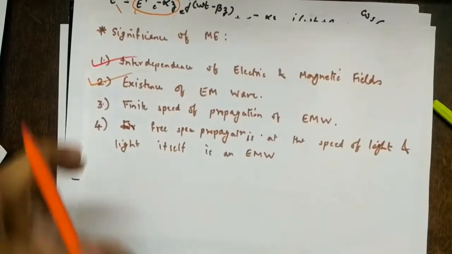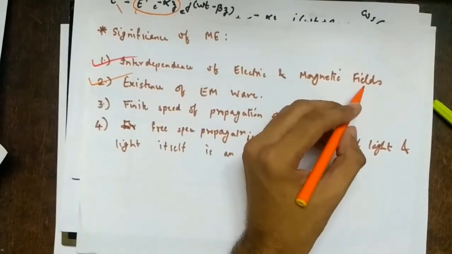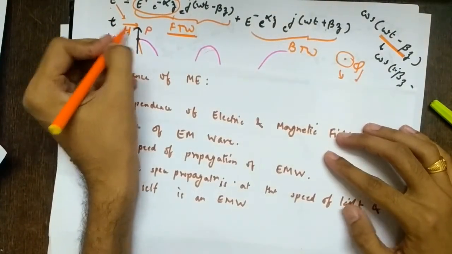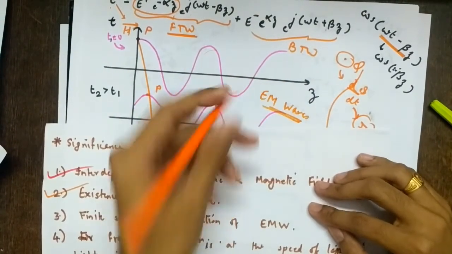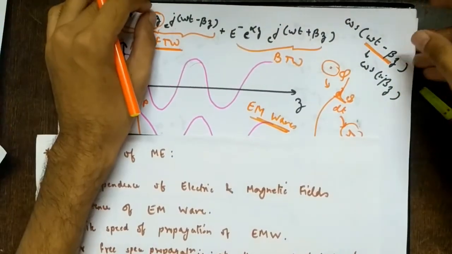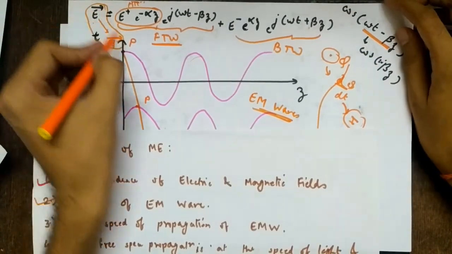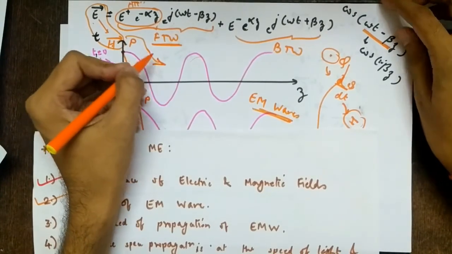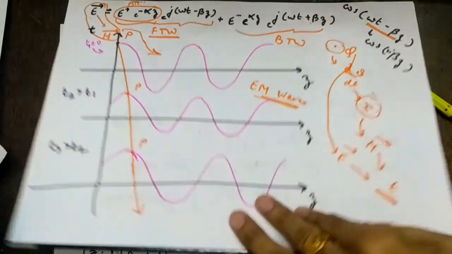We have already learned one important thing, that electric field and magnetic fields always go hand in hand. Apart from that, we see that they are not only fields but they are waves, right? And since they always go hand in hand, meaning E and H are always together, that's why they are called EM waves. Understood? This is called an electromagnetic wave. If you are wondering why it is called an electromagnetic wave, it is because E and H are always together and cannot be separated, and even though they are called fields, they actually exist in the form of traveling waves. Obviously they have to travel, because if you are talking about mobile communication, the waves we talk about obviously have to travel. So that's what we have proved, that they are traveling.